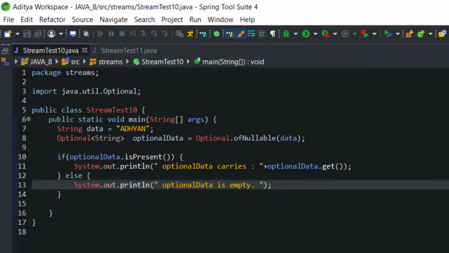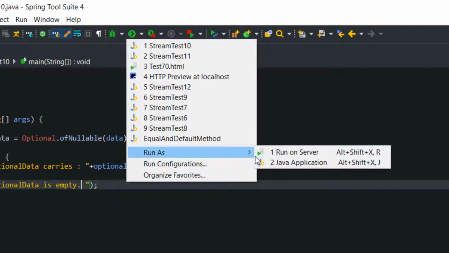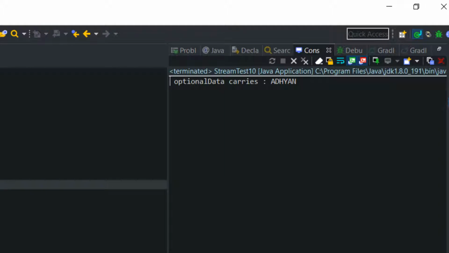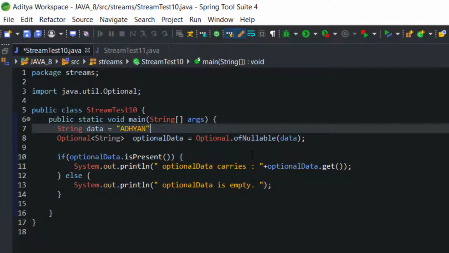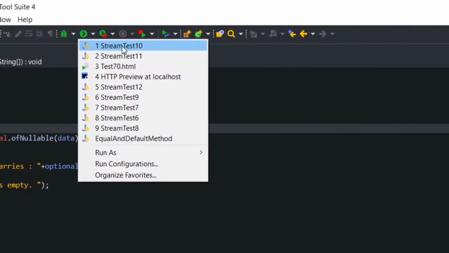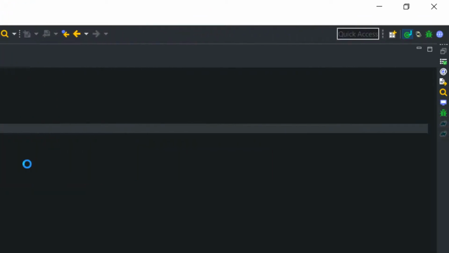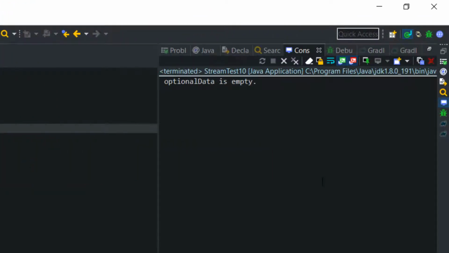So right now optionalData is carrying the Adhyan string, so it should go into the if block. So let's execute the code. So optionalData carries Adhyan, it is going into the if block. Now instead of a string, if I pass null here, now it is saying optionalData is empty, it is going into the else block.